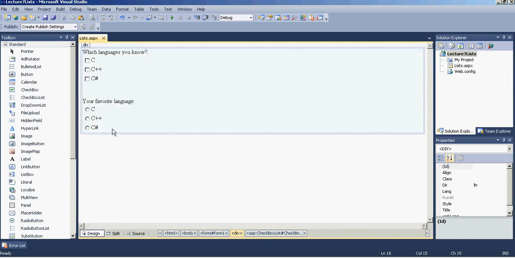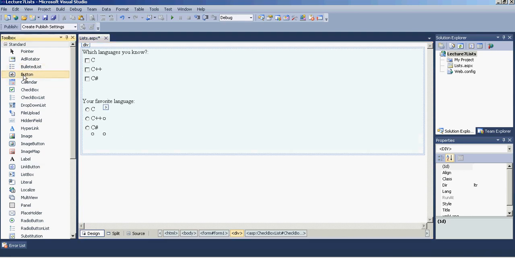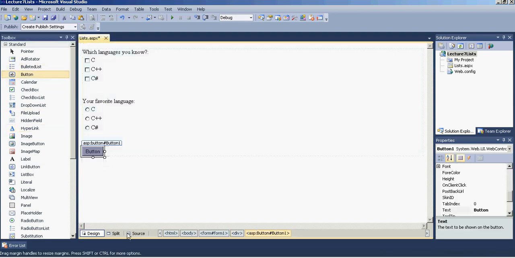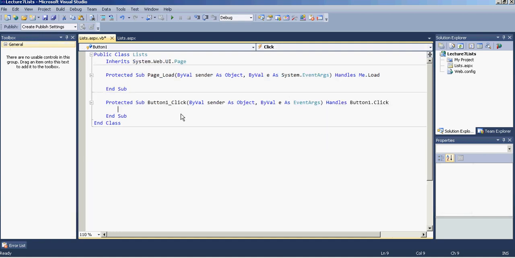Okay, so what we'll do, we'll take a button. So button is taken here, and let's say we set the text of it as print. When I double click this, we go to the VB code. Now I'll run the for loop. I equal to 0 to checkbox list 1 dot items dot count -1. -1 is because our indexing starts from 0, so length -1 should be the last index. Now I go to checkbox list 1 dot items of I dot checked.